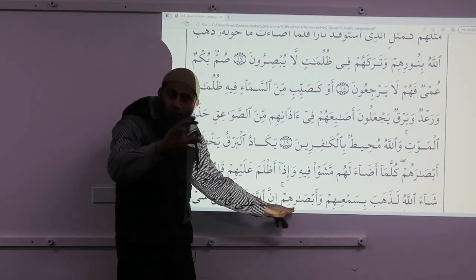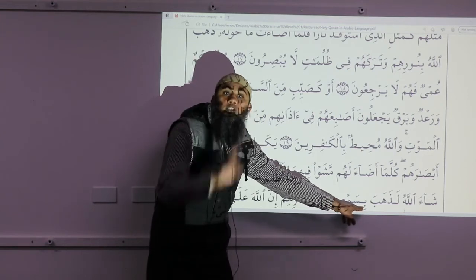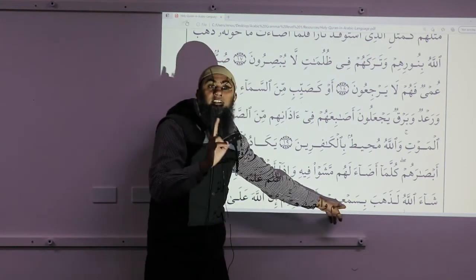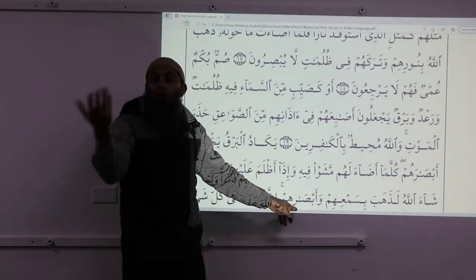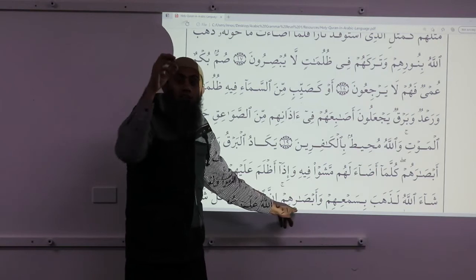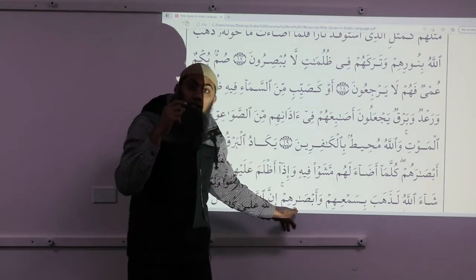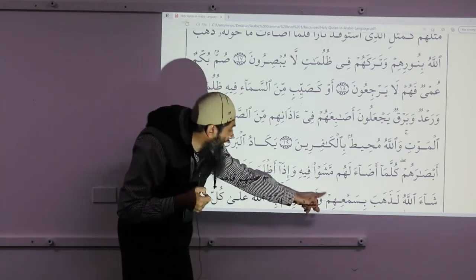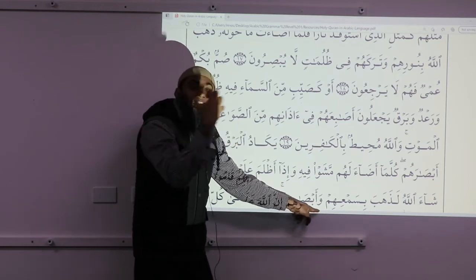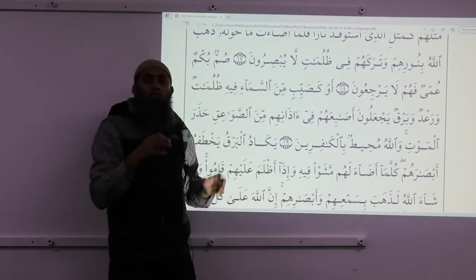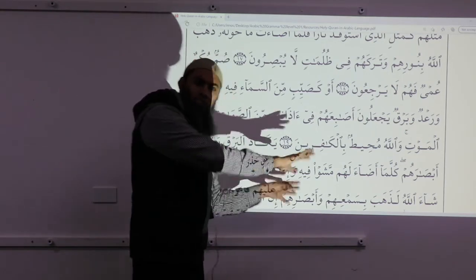Inshallah, we'll learn a bit later that this one harf jar is affecting two things. Sam'i is in jar status because of ba, and absari also in jar because of ba. So we learned that one preposition can affect multiple isms. We learned this new thing, and in order to do this, you need this waw. The job of this waw is to carry the effect of ba to the next one. This was a bit advanced, but I think I alluded to it at this stage.